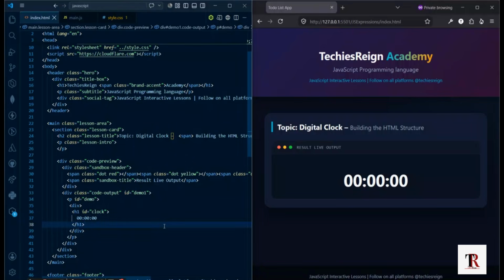But take note of the fact that we've attached an ID to our H1, which is going to be handy later when we need to manipulate it with JavaScript, because this ID is what JavaScript will use to find this element and update its content later. So for now, we've placed this generic number inside as a placeholder to act like the way the digital clock works. So let's look at what we have